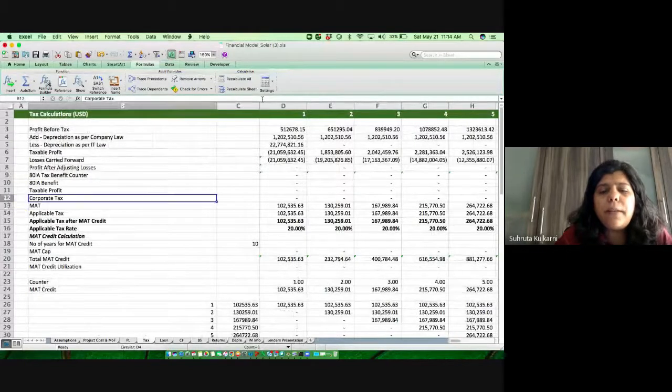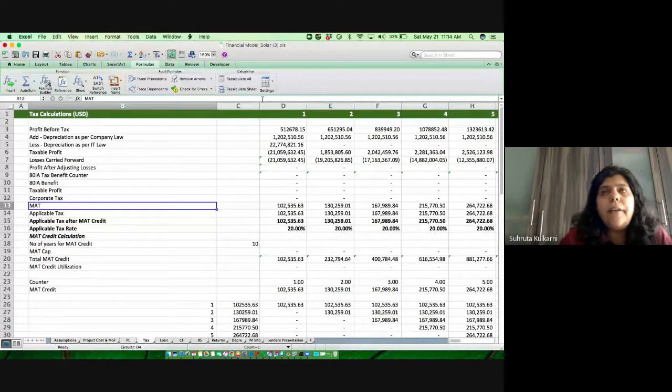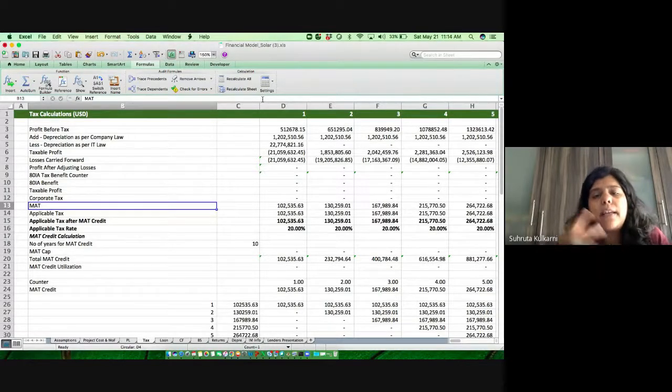Then what is the minimum alternate tax? This is basically the income tax authority saying that you need to pay a tax based upon your EBITDA. That's the minimum alternate tax that you need to pay. But they give a credit facility. Let's say that I'm paying 10 rupees tax today, and I'm not eligible for paying taxes this year, next year, and the year after that also. So my 10 rupees is in credit with the income tax authority. Next year, minimum alternate tax, again I'm paying 10 rupees. Again, third year I'm paying 10 rupees. 30 rupees is with the income tax authority.